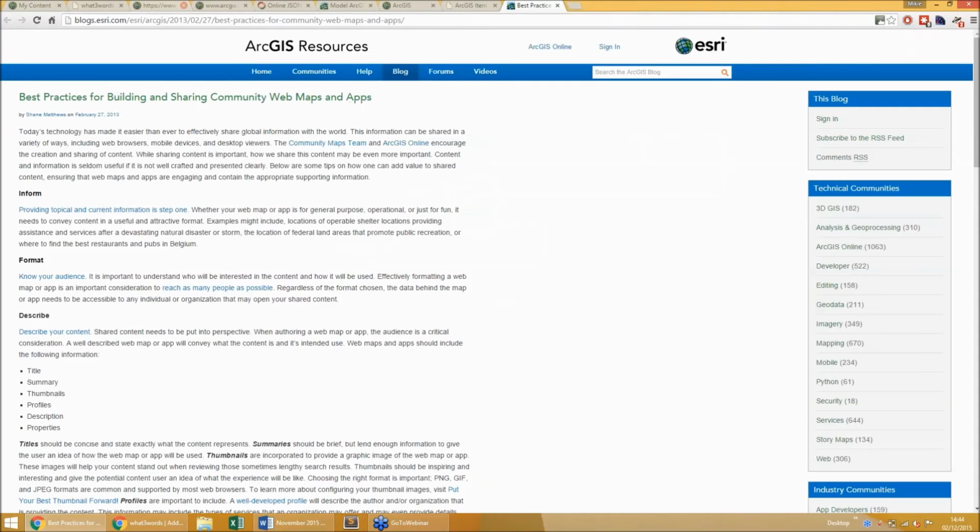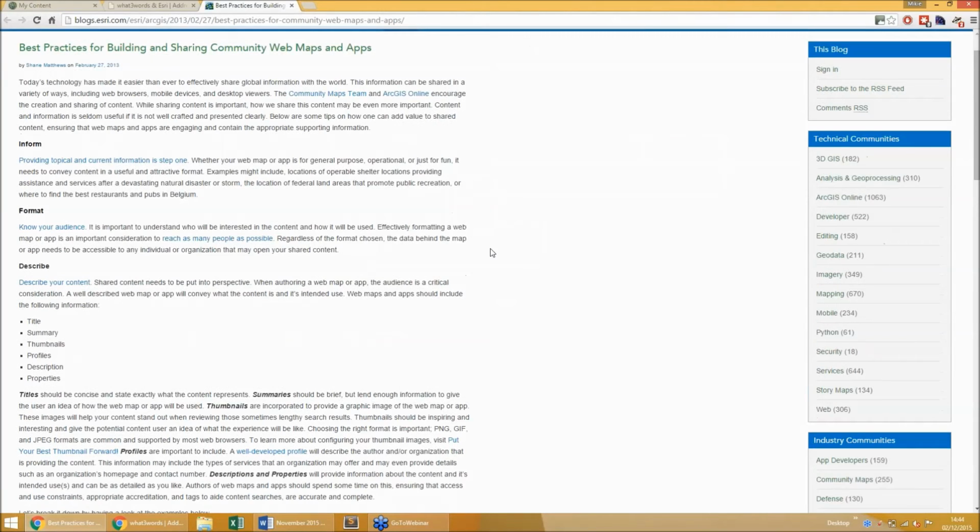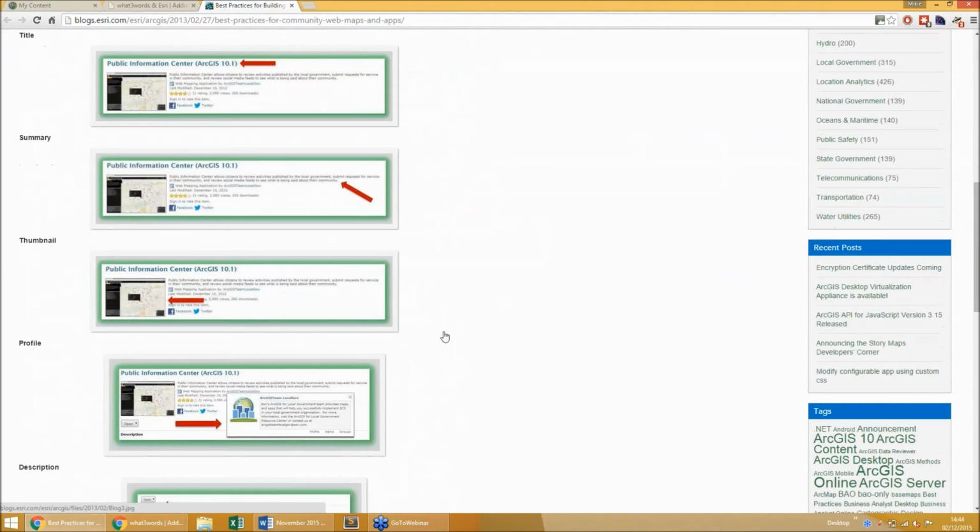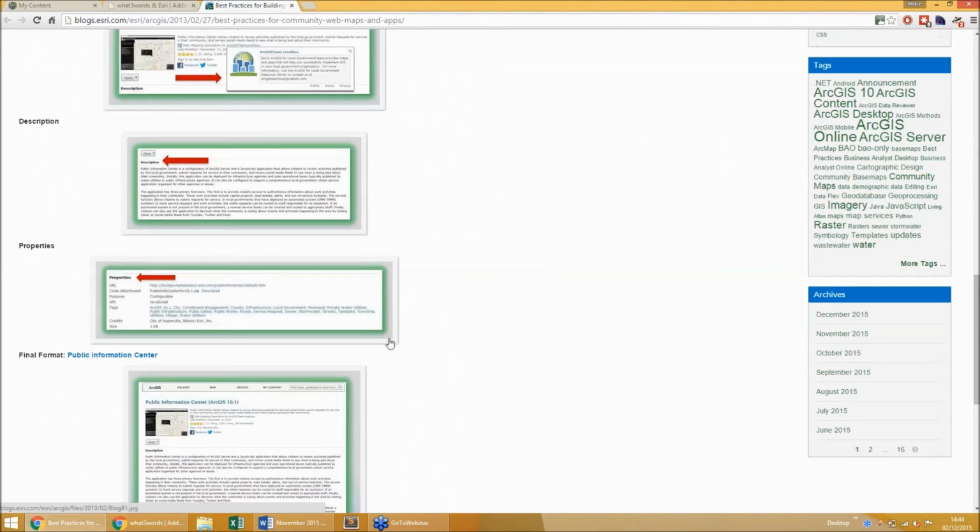So I have a lot of tabs open here. I'm just going to close quite a few of them. So then I have an ArcGIS Online Best Practices page. This is just for best practices. If you're looking at having your best possible content available, if you want it to be searchable, you want it to have tags, this details the various things that can be done to help you achieve that.